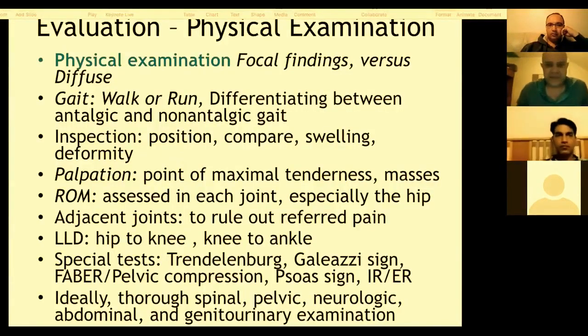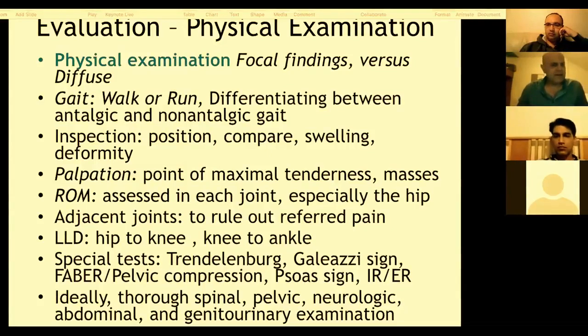So, physical examination. First thing, is it focal or diffuse? This is simple. Is everything giving pain and sore, with signs all over the limb, or is it just one side that is painful? Because this will tell us whether this is a systemic problem or a focal disease, like what we know in orthopedics, like SUFE, like Perthes, like septic arthritis, or reactive